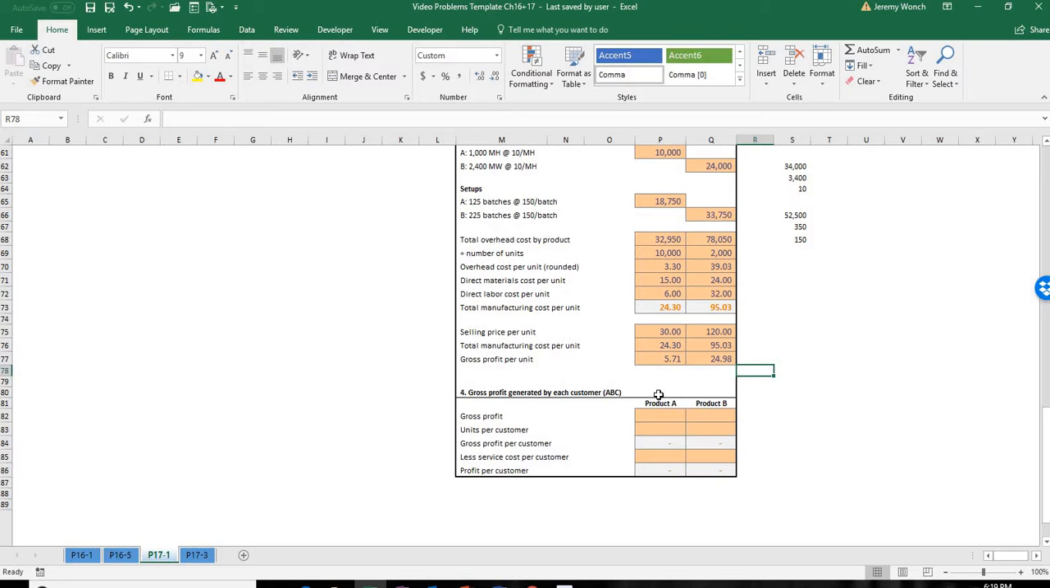So now what we have here is a gross profit per unit of $5.71 for product A and $24.98 for B. So to do the gross profit generated per customer, we just carry our gross profit down. And then units per customer, we already calculated at 24 for A, 54 for B. That gets us our gross profit per customer. And then if we subtract out our customer service cost,